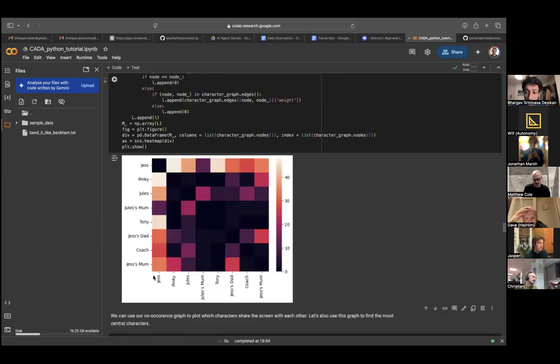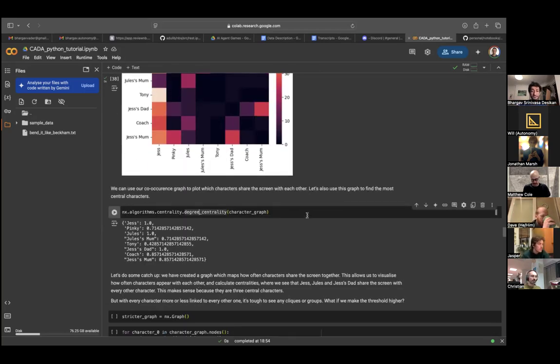Looking at this heat map, you can see that Jess, the main character, has appeared in a bunch of scenes with almost everybody. And then you have Jules's mom, who's not in a lot of scenes. This kind of visualization of the network allows us to see who's interacting with who. If I take this in a progressive context, and you think of who's funding who, who funds Palantir, who funds Raytheon, who funds all these crooks, you can start to have these networks of associations, drawing parallels to